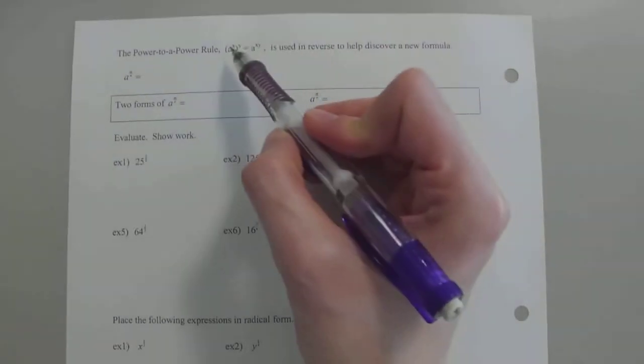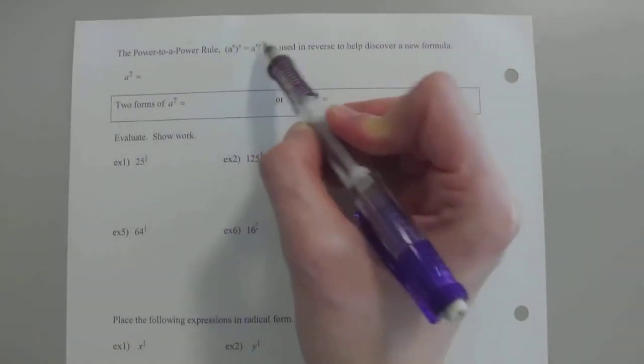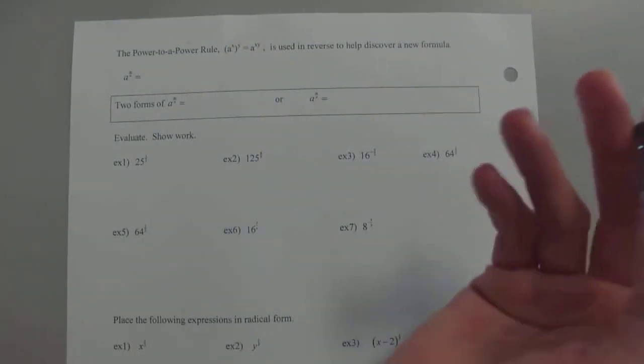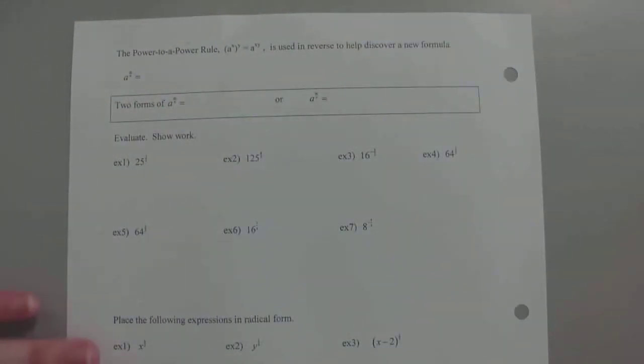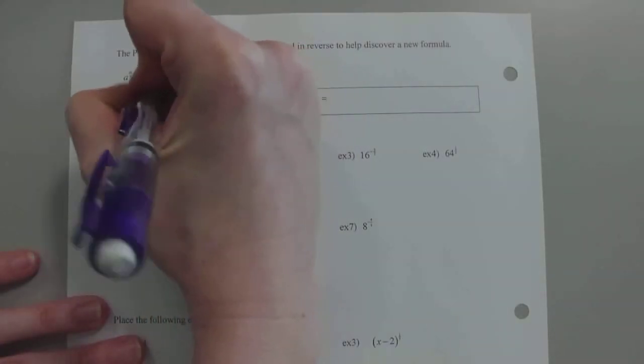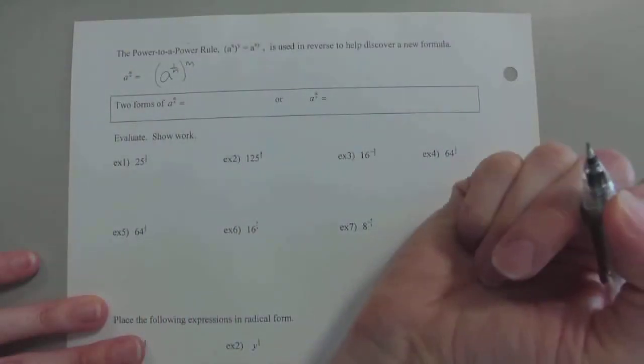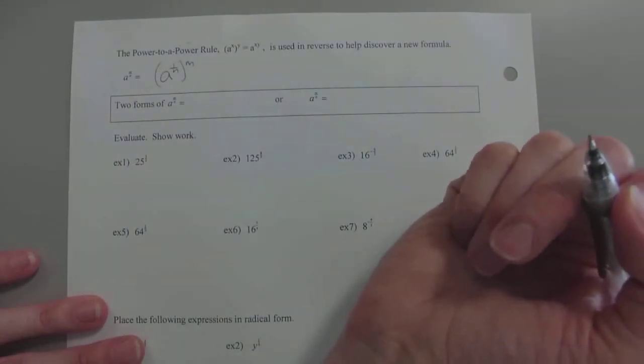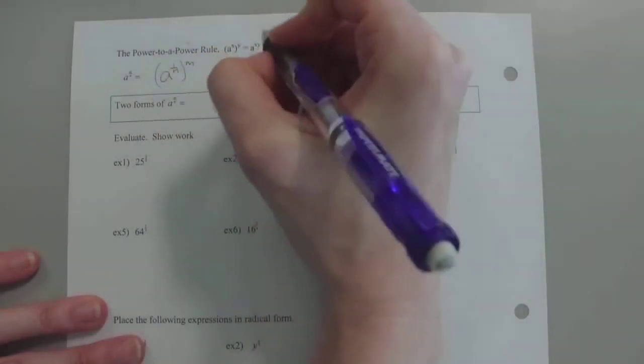Okay, so new rule here. It's actually derived from this guy. So we saw this guy last week, the power to a power rule. Whenever you had a power to a power, you just multiplied. So what we're going to do is actually do the reverse. We're going to split it apart. So we can write this as either a to the 1 over n to the m,